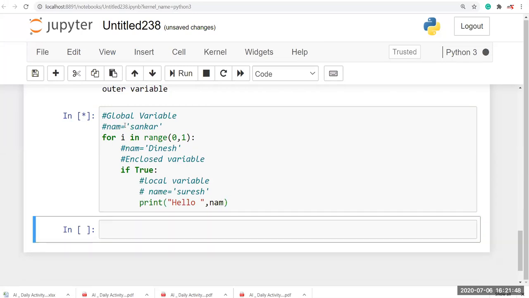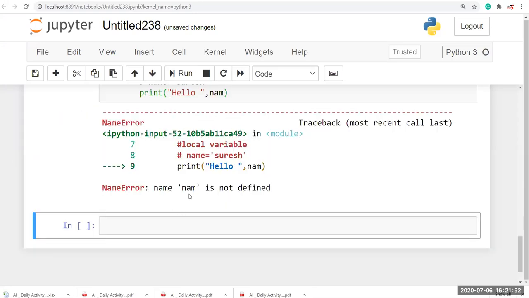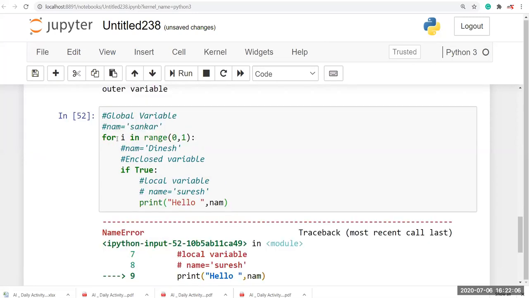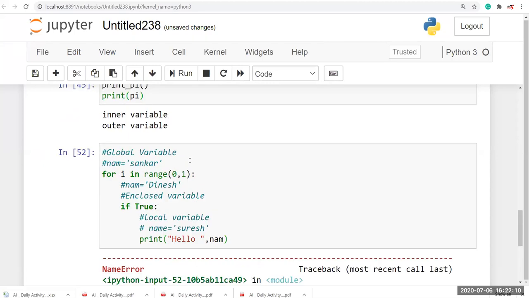Okay, so now I run this. It prints an error: name is not defined. So finally, it goes and checks if any built-in function has this variable name. If it is not, it prints an error. This is the order in which Python handles its variables.